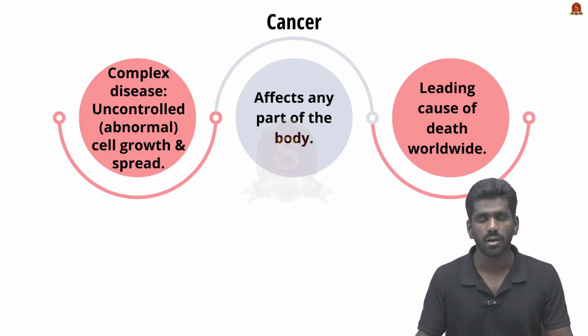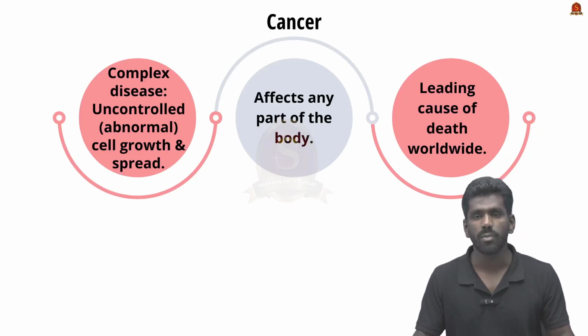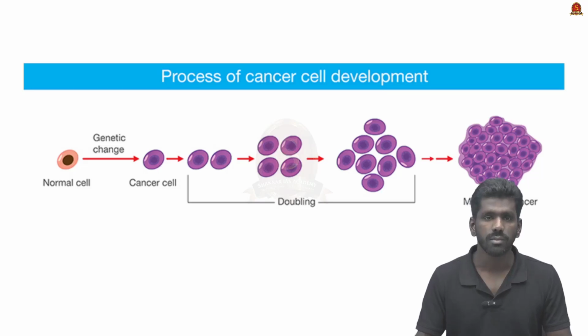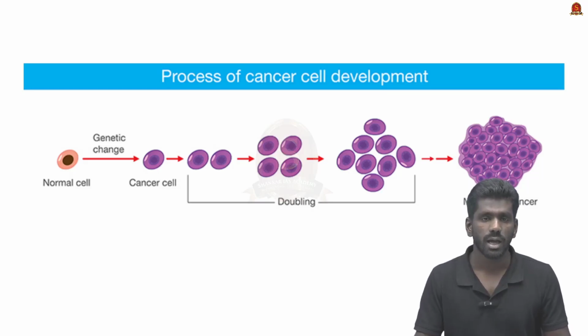See, cancer is a complex disease which is characterized by uncontrolled growth and spread of abnormal cells. These abnormal cells can develop in any part of the body, and it is the leading cause of death worldwide. Now look at this image. This is the process of cancer cell development. A normal cell develops into a cancer cell due to genetic changes, and this cancer cell multiplies into a malignant